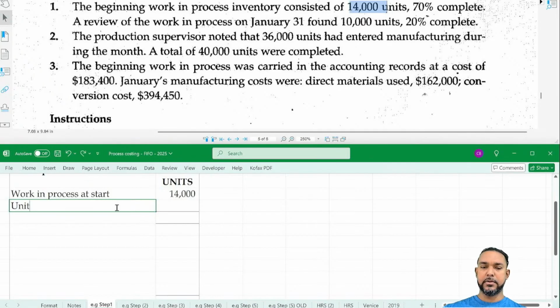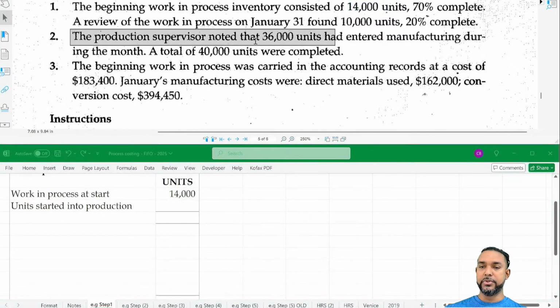And then the units started into production, or just units started in the current period. That was here. The production supervisor noted that 36,000 units had entered manufacturing during the month. 36,000. So the number of units to be accounted for,